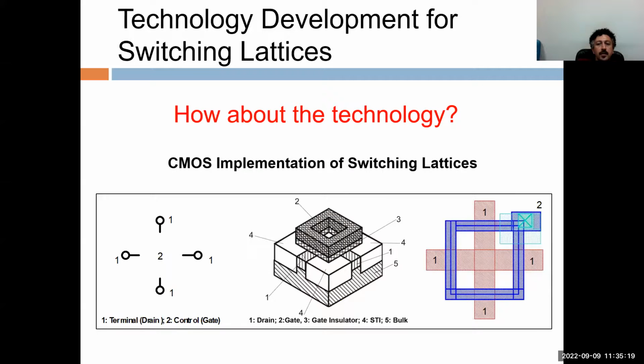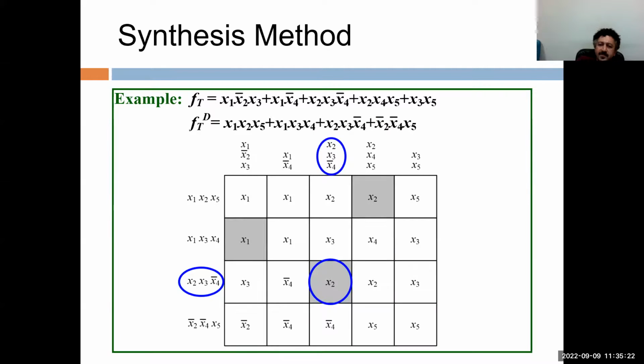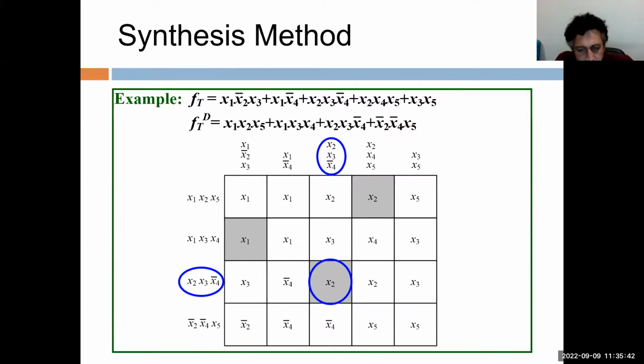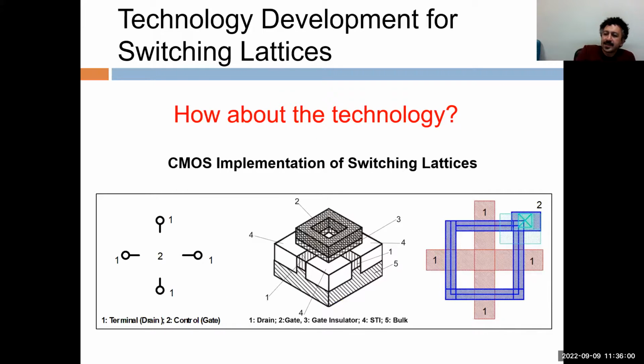Okay, so, after this, I didn't add other slides, but we developed set-based algorithms to improve the performance of this algorithm, and we got lots of publications on this. But the problem is that, as I told you at the beginning, how about the technology? So, okay, you did it, 4-terminal, nice, good scheme, good paradigm, but if there is no technology, there will be no future, right? So how about the technology? And here